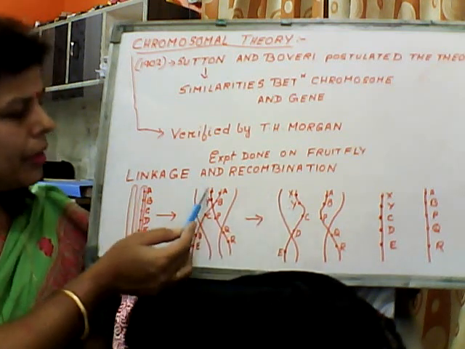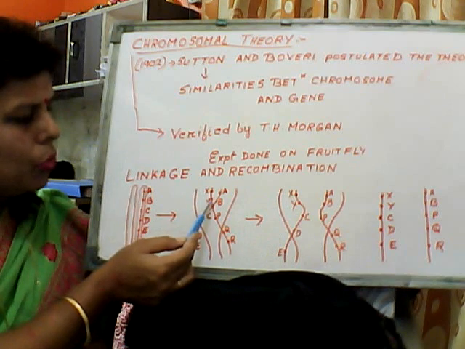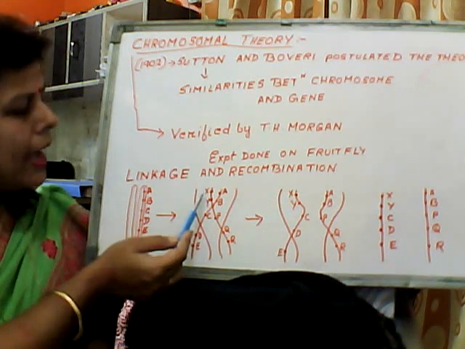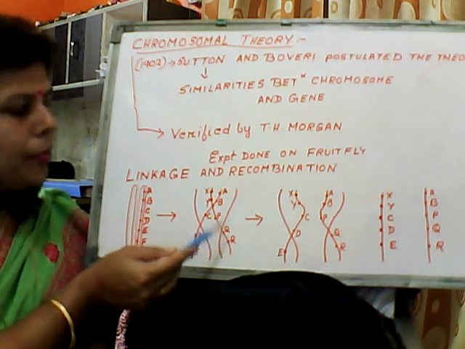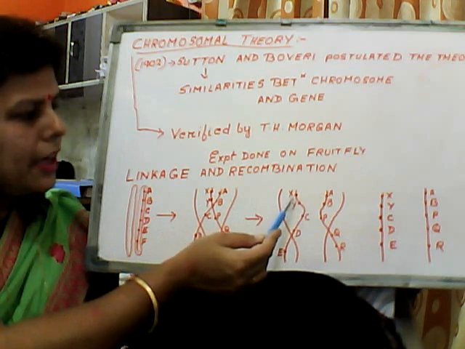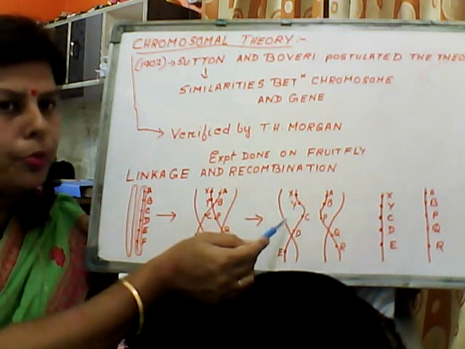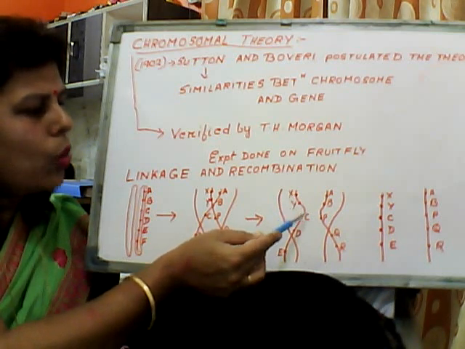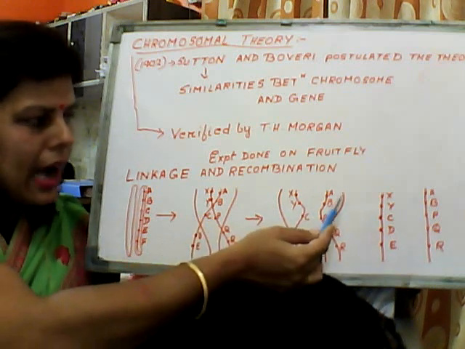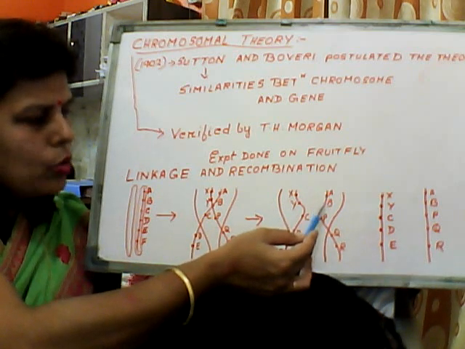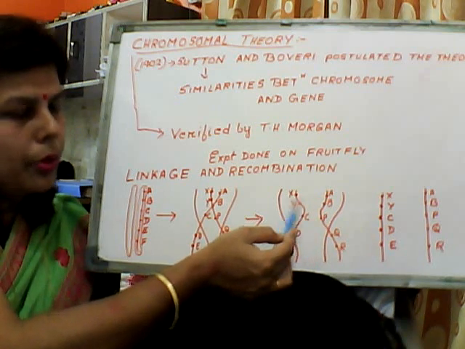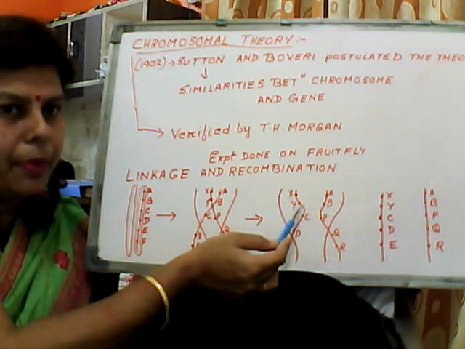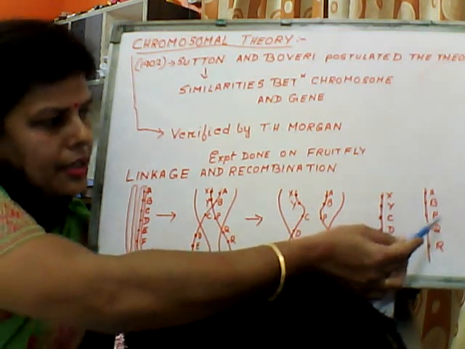Here you just see, I have taken two sets of chromosomes, two meaning homologous. One is A, B, C, D, E, and here X, Y, P, Q, R. So when the crossing over gets completed, they are rejoined in a new pattern. That means in the original setup, A, B is replaced by X, Y, C, D, E. Then in the other group also, the original XY is replaced by AB, and then PQR. So the exchange has taken place. And after that, you just see this is the setup.